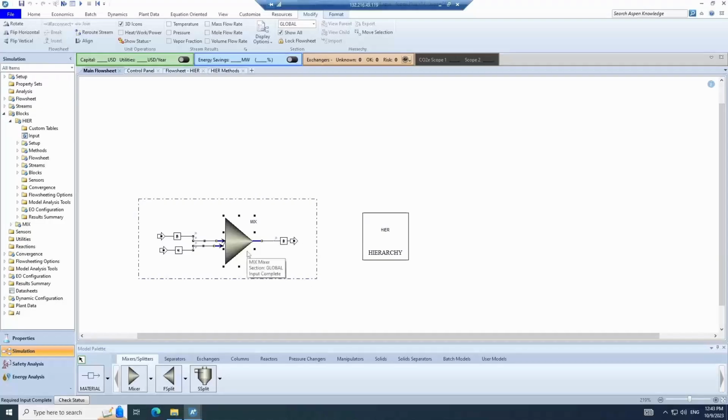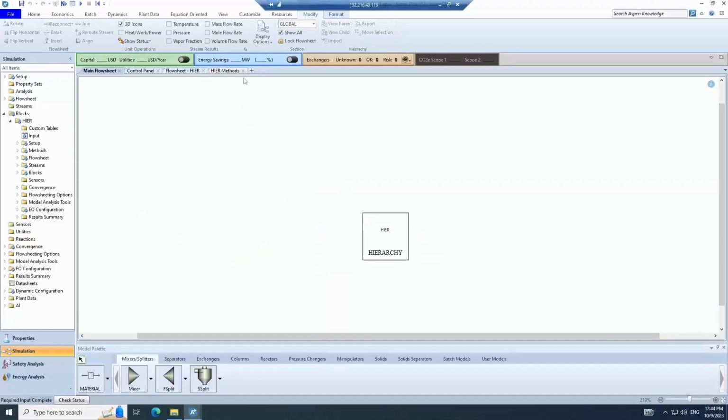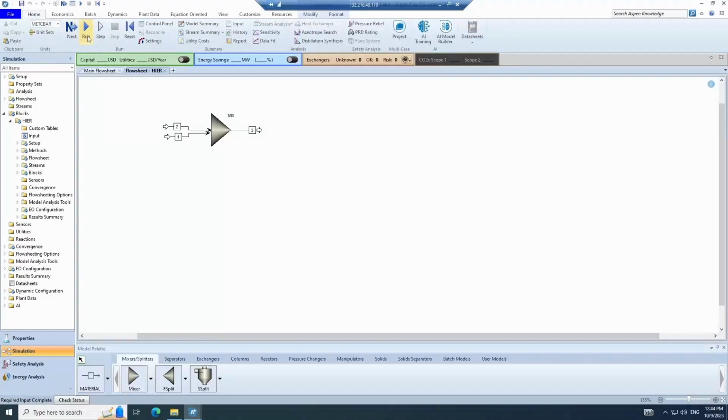So now that we know this needs to be inside this property package, this hierarchy, let us delete it. And we can return to the hierarchy either by clicking on it or returning to its flow sheet. Each flow sheet will be called flow sheet with hierarchy. And to return to the main flow sheet, if you ever do close this by accident, you just click on view parent here. And this will return us to the main flow sheet. So now all required input is complete, and we can run the simulation,